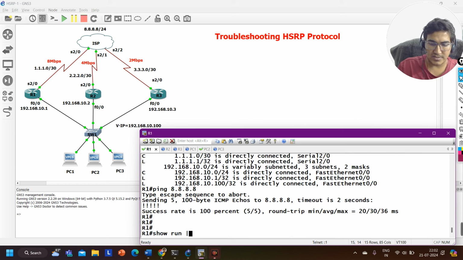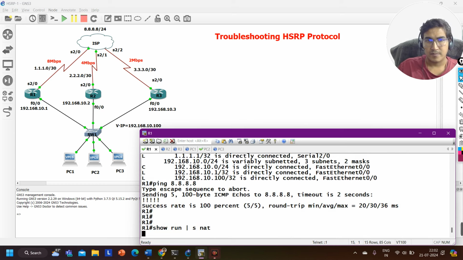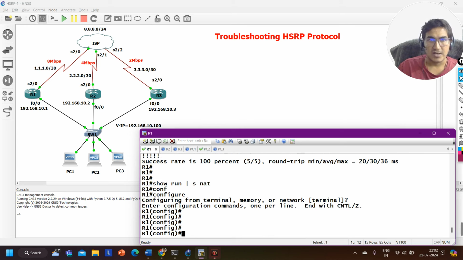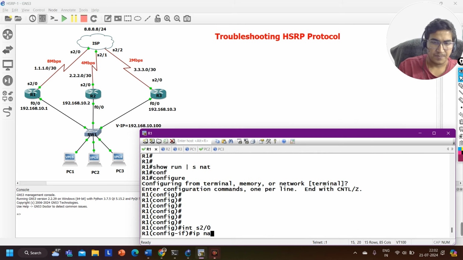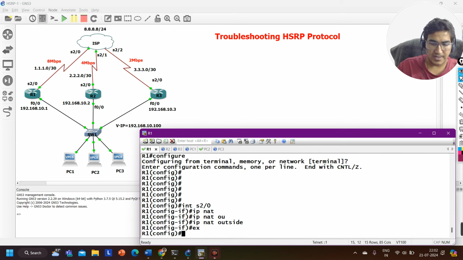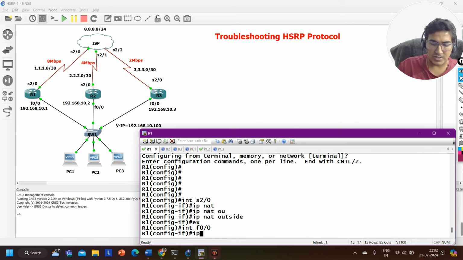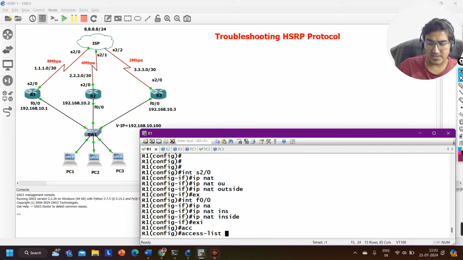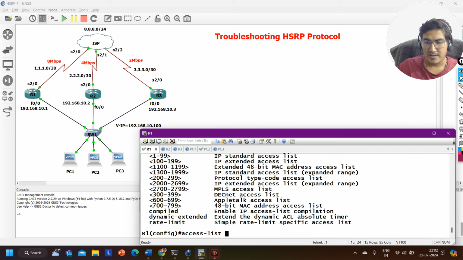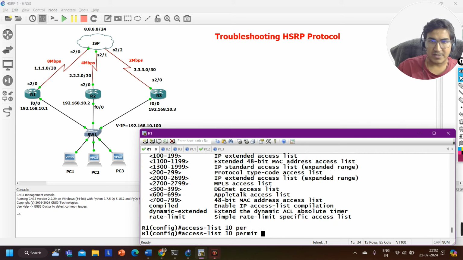So, show run section NAT. NAT is not configured here. That's why end users are not able to access the internet. So simply go to interface serial 2/0 and say ip nat outside, then exit, interface f0/0, say ip nat inside, exit, and then, guys, let me create one access list, access list number 10, permit